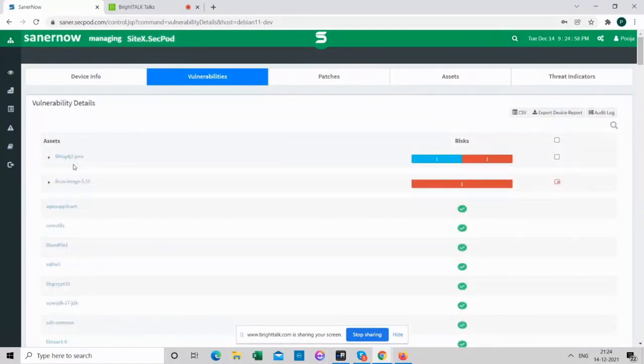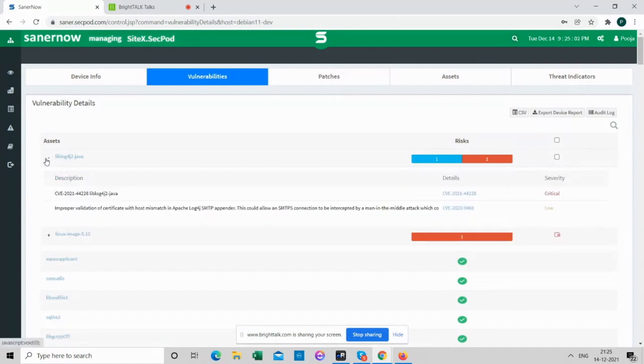We do see the vulnerable component, liblog4j, which we are talking about, and the CVE that we have been discussing in this webinar, 44228, is affected. So this is our local check that identifies if a particular binary is installed on the machine and figures out if it is affected. Then we also have remote checks, which run from a remote machine, check if a different device is affected and flag it as vulnerable. So let's go and see how we do that.